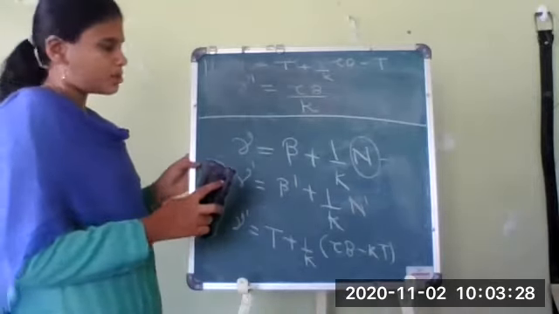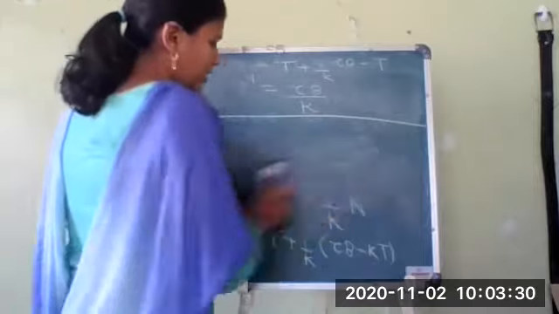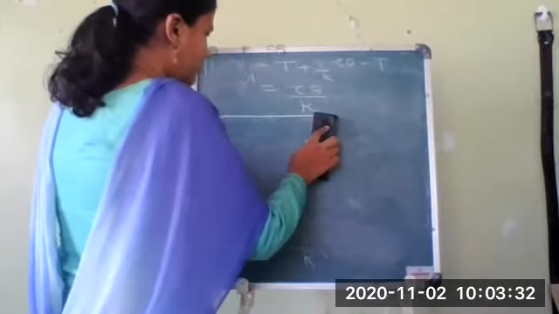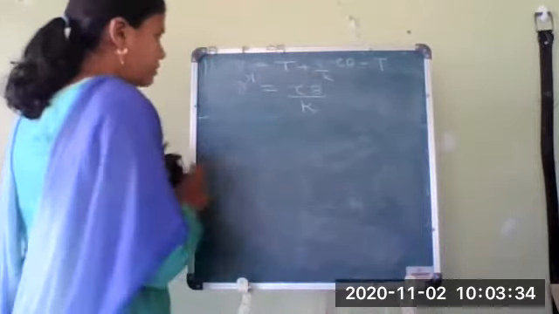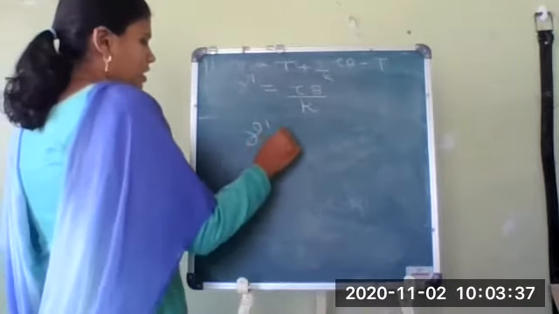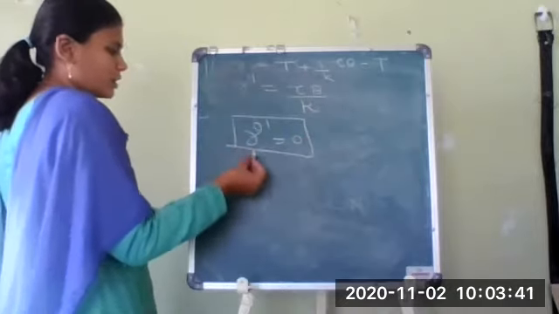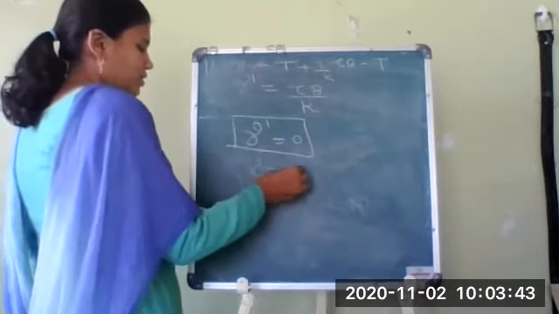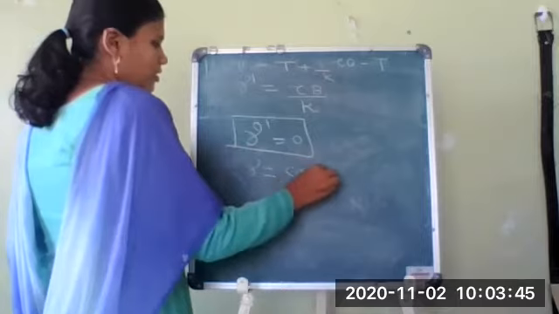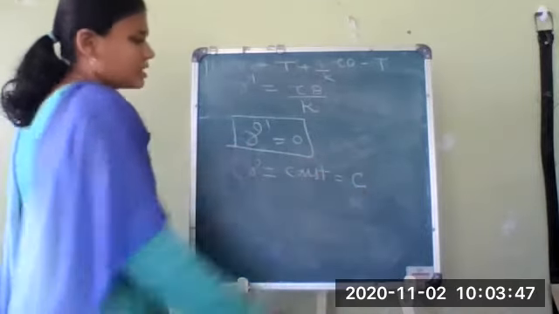Tangent O is equal to 0 is given in our statement, right? So if tau is equal to 0, what will be the expression gamma dash? If tau is 0, obviously gamma dash will be equal to 0. So what is the meaning of gamma dash equal to 0? It means that gamma is a constant. That constant I can name as some c.